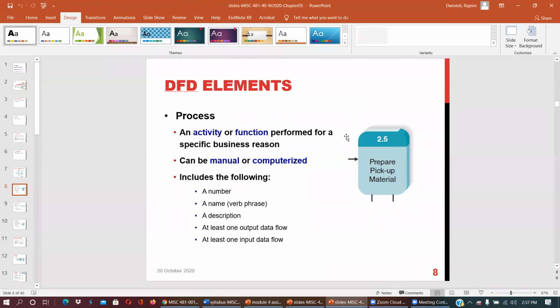Look here: the number is there, you can see 2.5. At least one input, you can see one arrow going inside. At least one output data flow, here you can see two going out. And you can see a name, a verb phrase, like "prepare, pick up material", and it is also a description. So this is basically an activity or function.